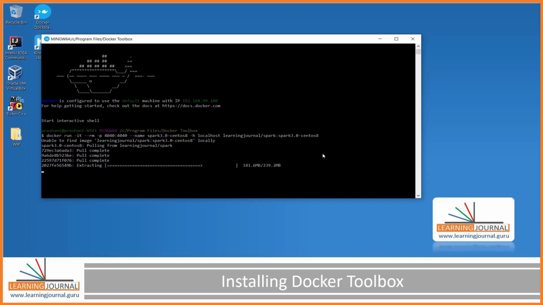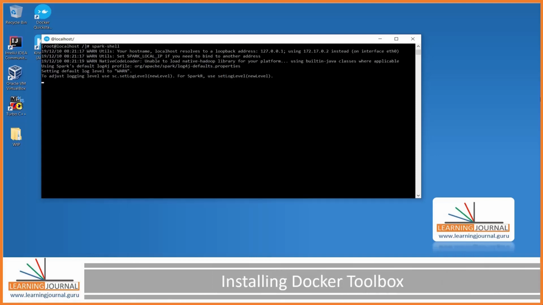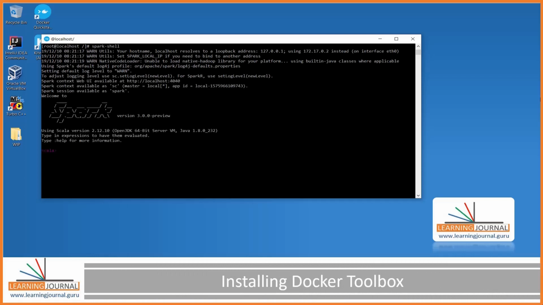Finally, you will get a shell terminal. I am now inside the container, which comes with a local mode Spark 3.0. Let me start the Spark shell. Here you go. You can start using the Spark shell. More on Spark is covered in the Spark training videos.